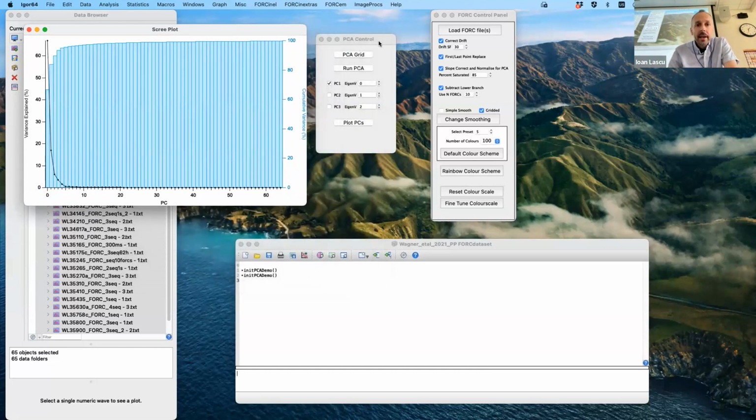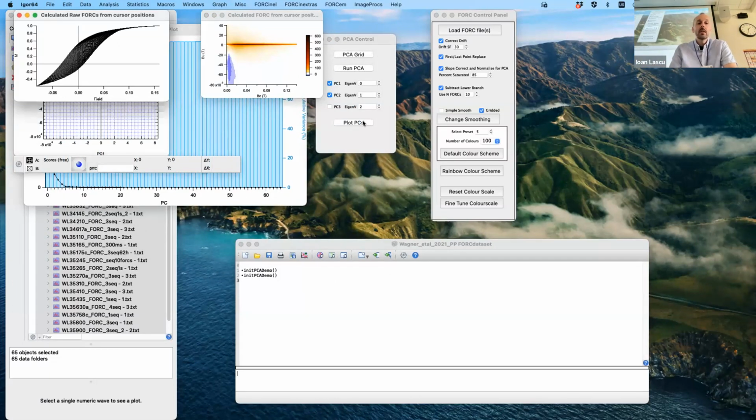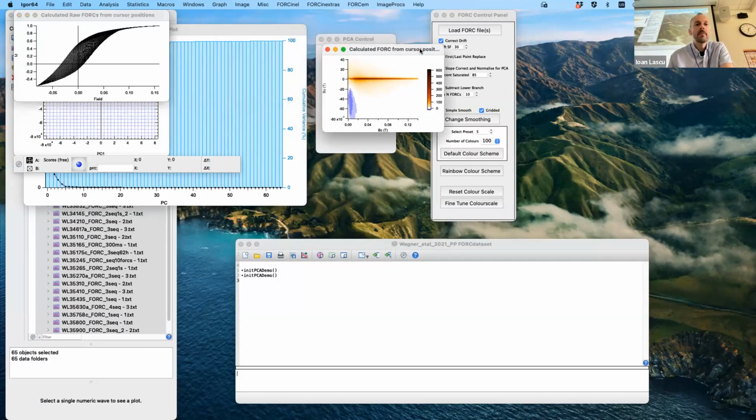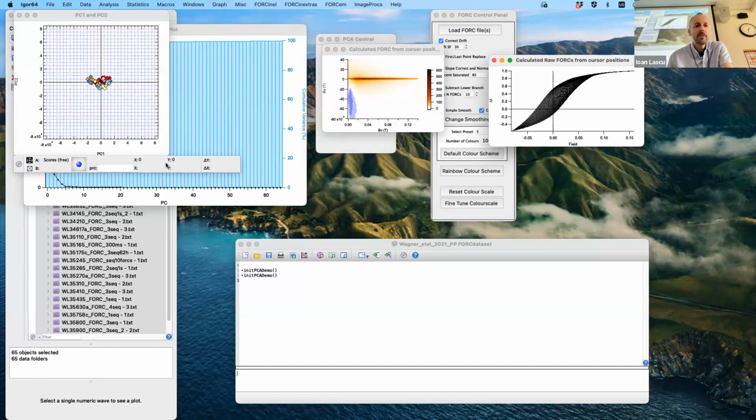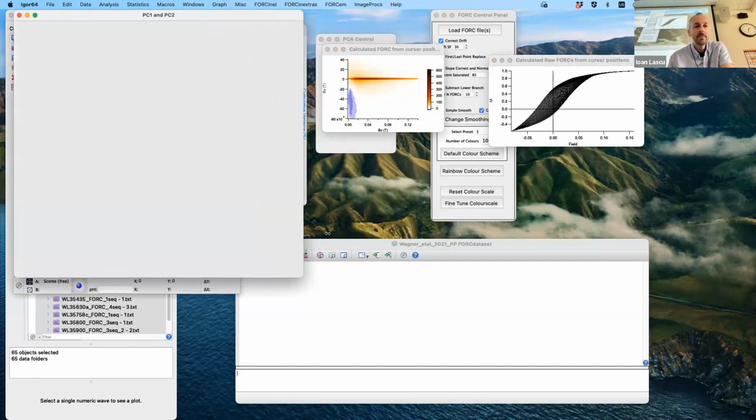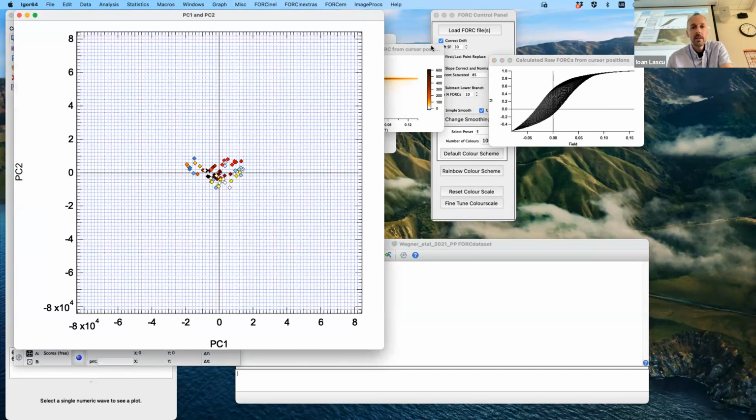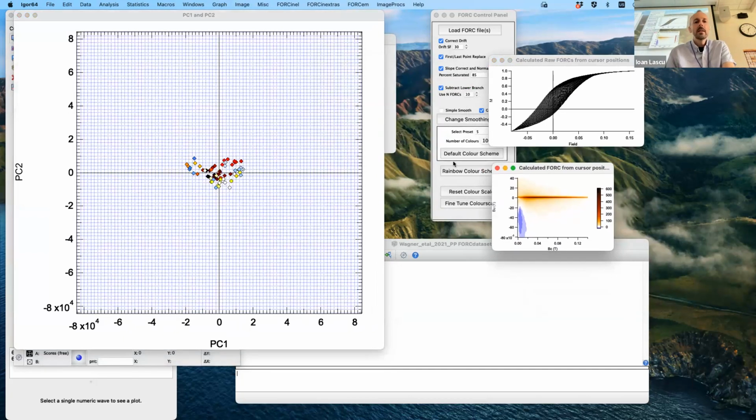So the next thing to do is select these first two and do plot PCs. All right, so several things happen here. You are getting a fork diagram, you're getting the forks, and you're getting this score plot with all 65 data